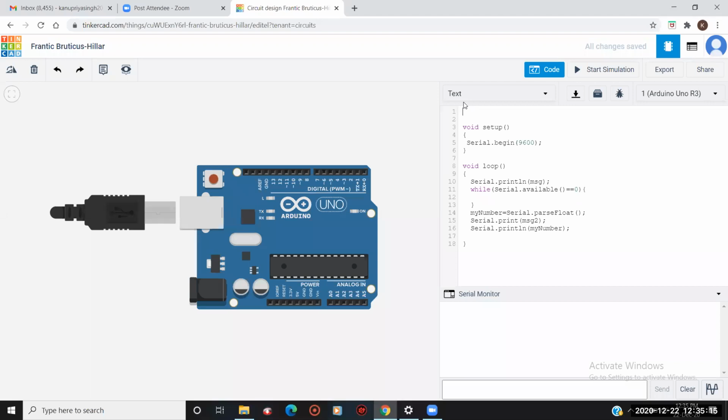After that, I want the serial monitor to show a message asking me to enter some information, like please enter your name. It can ask me anything, like how are you? Any type of message we can send.